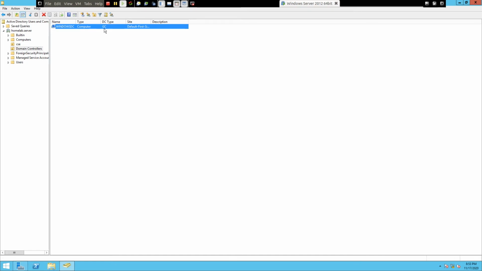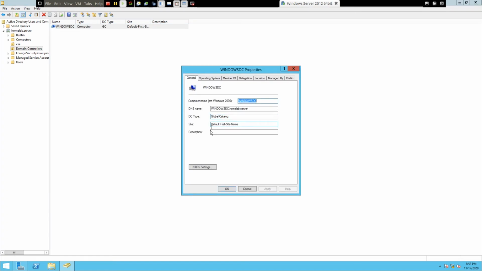So this is already set to the global catalog because there is only one domain controller and it should be set to global catalog. If you have other domain controllers, all you have to do is right click on this and click on Properties, and here you can see the DC type is global catalog.